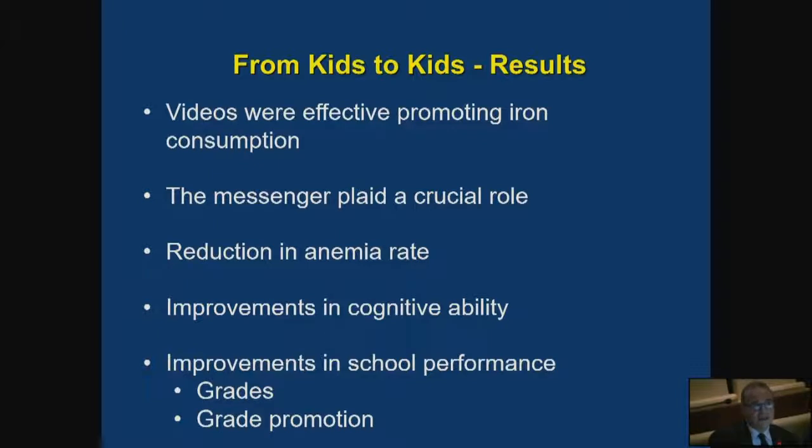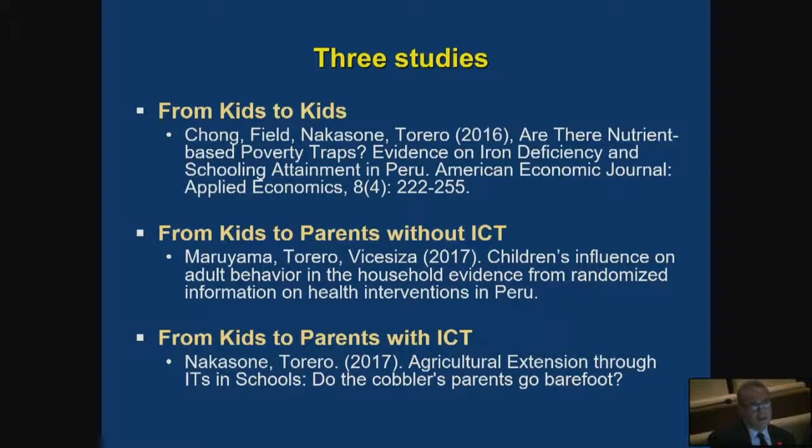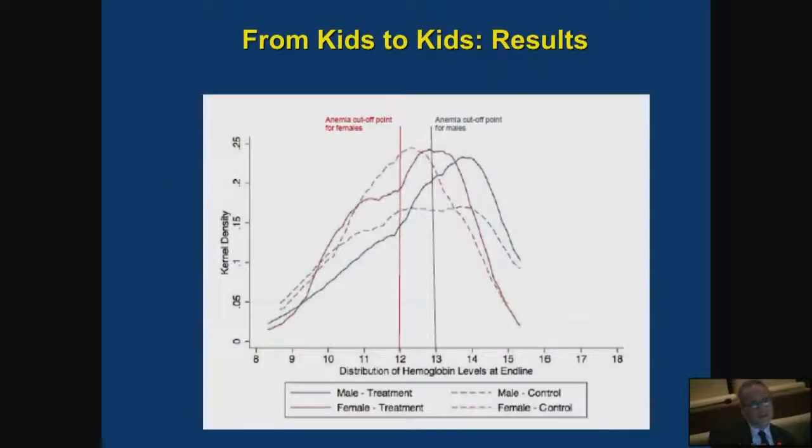But not only that, the kids reduced their anemia rate, and as a result, they have better cognitive results. So imagine if I just provided the computers to them, because of the anemia, they won't be able to be attentive to math and to whatever was taught to them in the computers, and that created a problem for learning. But because of this message that reduced anemia, they were more alert, and that improved the cognitive ability and improved the grades.